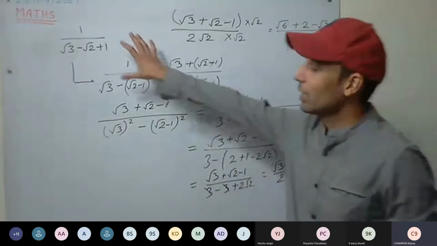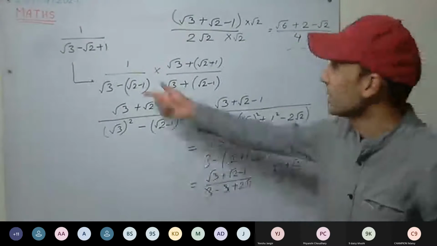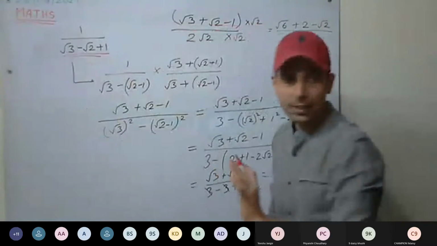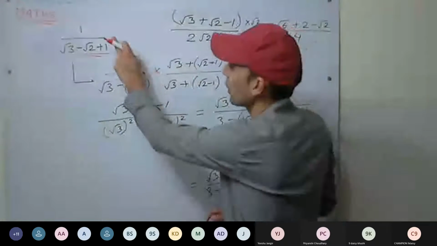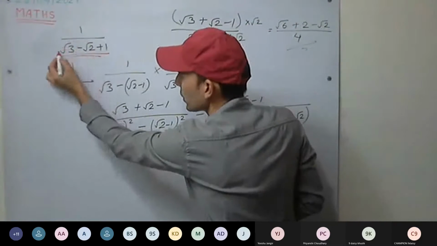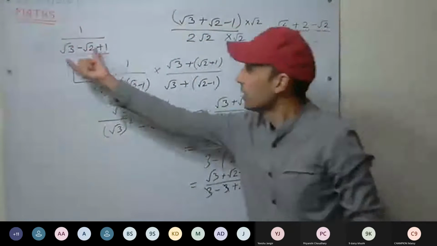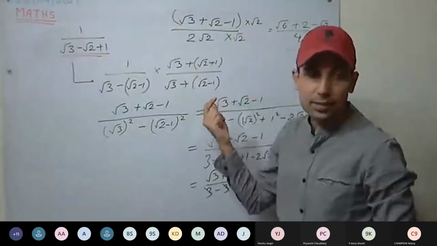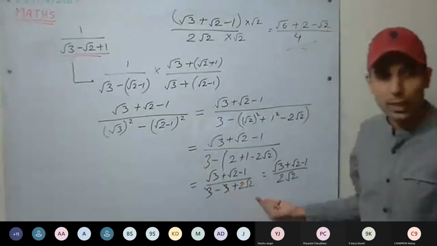Okay, see what we did. This is the same process we have been following. The same steps we are following, that is, we have to rationalize the denominator. How can we rationalize? Two ways I already provided. One was, if you consider this as one term, root 3 minus 2, and plus 1 as another term, you can solve. In that case, you have to rationalize it two times. Here as well we are rationalizing two times.